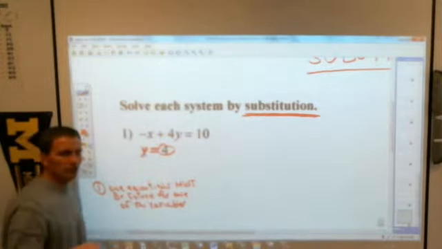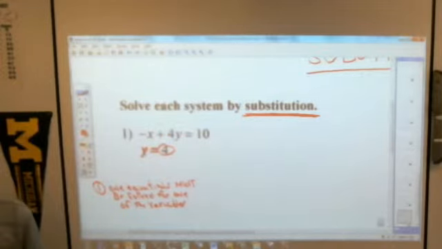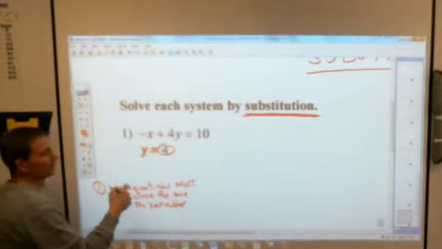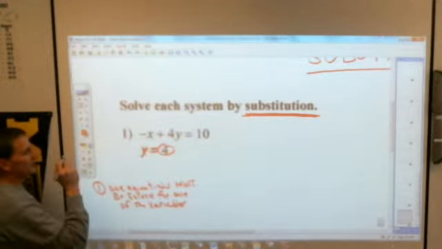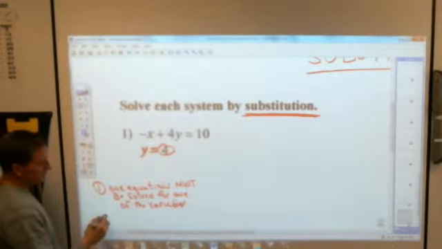If it's in standard form, could you do it? Yes, because you could solve it for a letter. It would take an extra step. But somewhere along the line, you have to get this here. Now watch how nice this is. These are the only simple directions. Step number 2